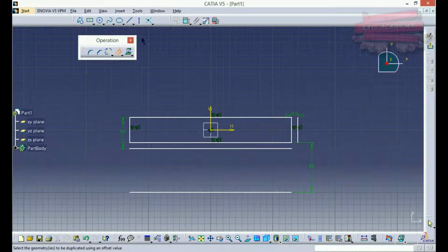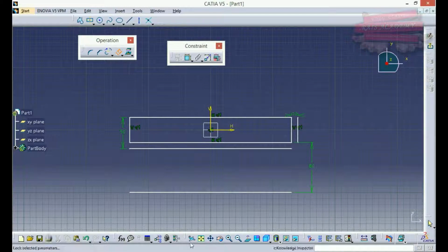In the next lectures of the SketchUp module, we'll be working on constraints, and we'll be looking at these sub bars and toolbars which we had earlier discussed in the introductory lecture series. We'll have a look at it again, and I'll be telling you the details about some of the features which we left out in the introductory lectures.